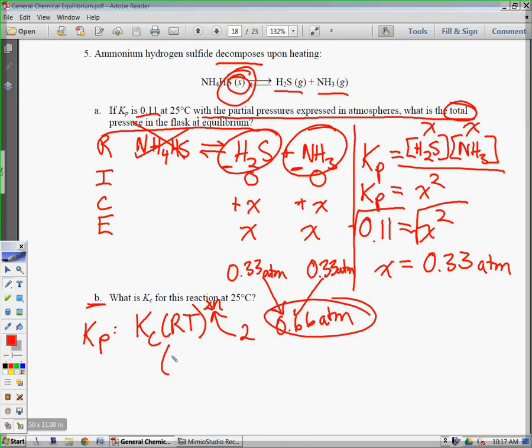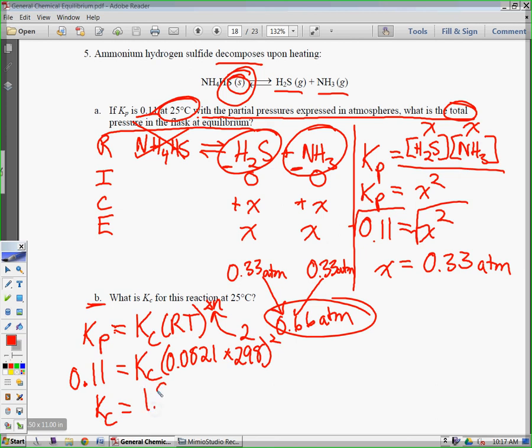R is 0.0821, and the temperature is 298 because it's 25 degrees C, raised to the 2. We don't know what Kc is, we're trying to solve for it. And we know that Kp is equal to 0.11. All right, when we do the algebra out to solve that, we get that Kc is equal to 1.8 times 10 to the negative